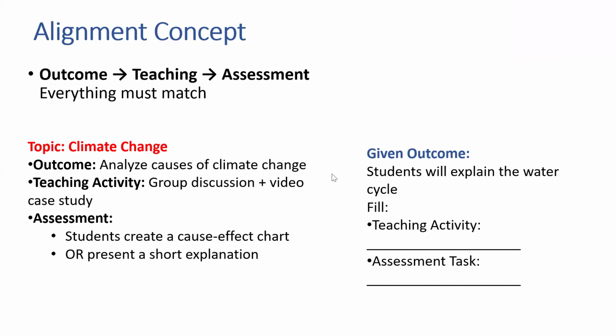Shall I, ma'am? Yes, ma'am. For the teaching activity for the water cycle, we can engage, meaning introduction. We can show a short video or picture of rain and ask a question like where does rain come from. We can have a quick discussion to activate prior knowledge. Second, we can give some hands-on activity, visual animation. And with that, a mini experiment: take a bowl of warm water, cover it with plastic wrap, place ice on top, and students observe water droplets forming.